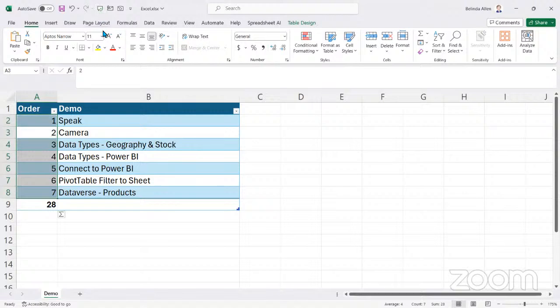1, 2, 3, 4, 5, 6, 7. Now, what that could help me do is I'm looking at documents or looking at some other sheet, I